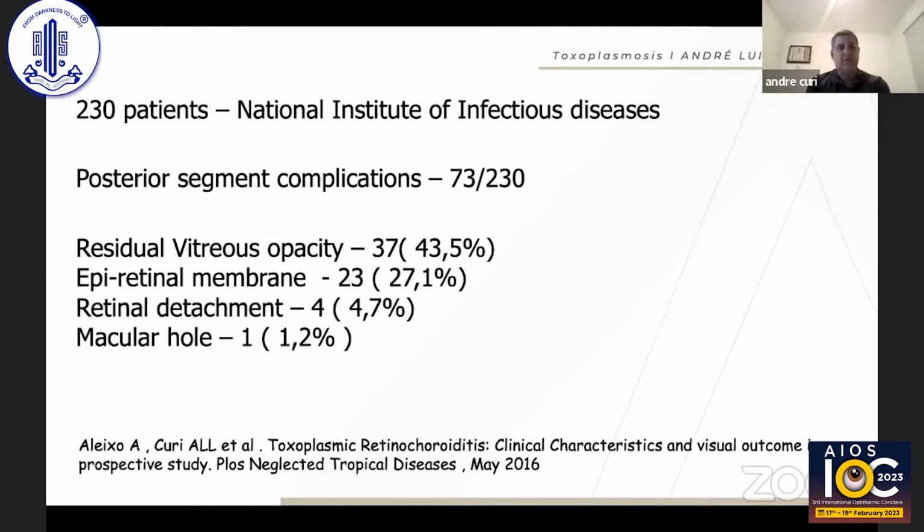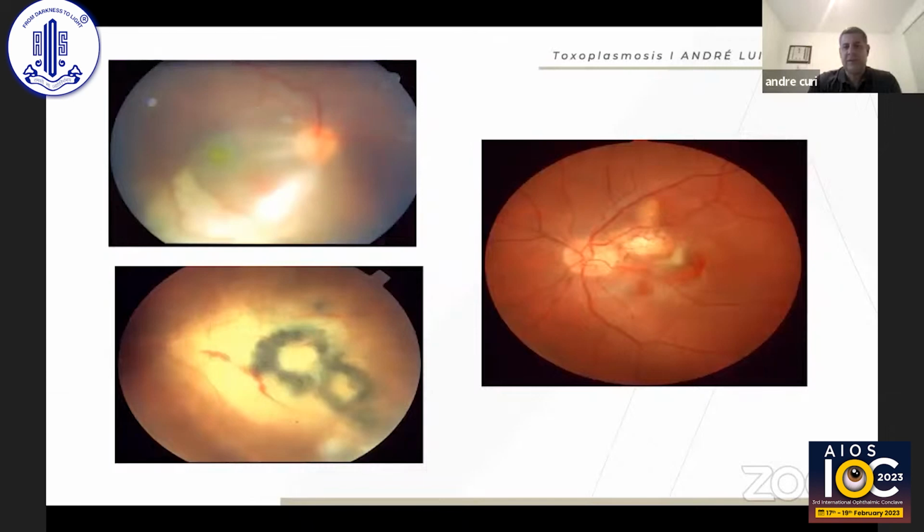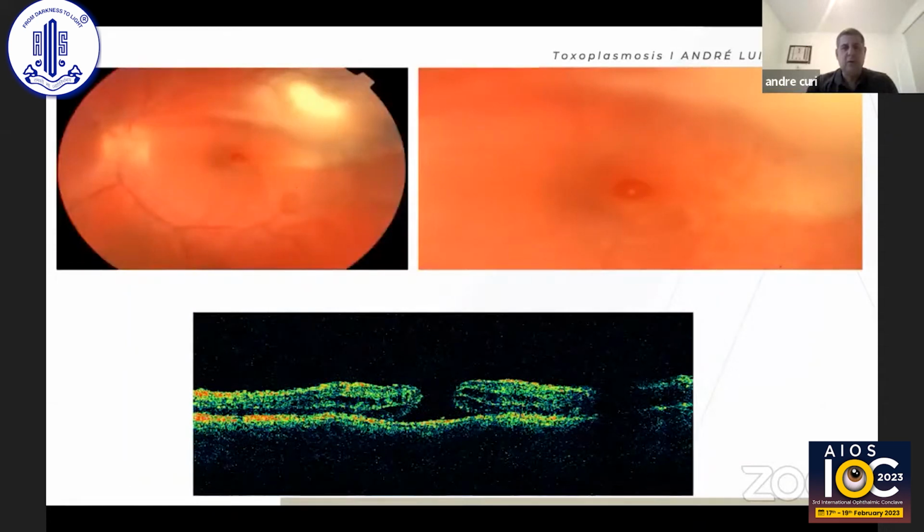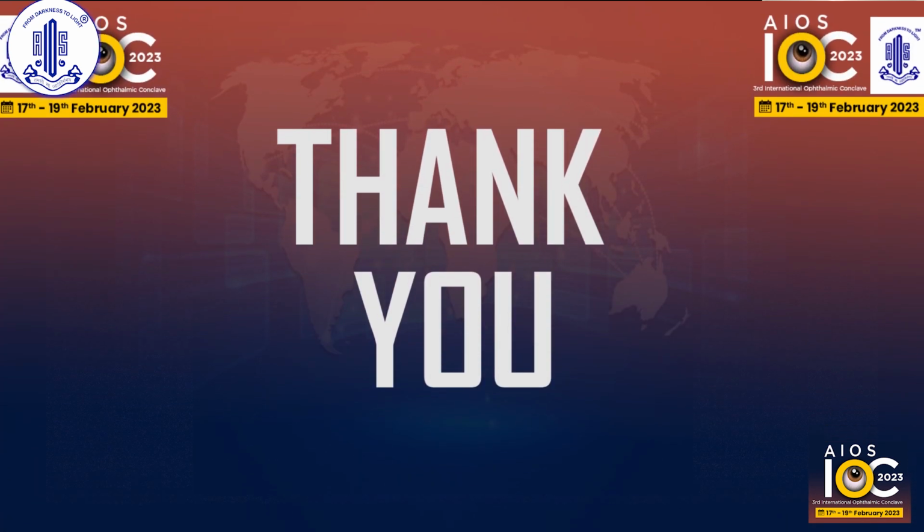And the most common, the residual vitreous opacity, and the majority of these patients need vitrectomy to clear the vitreous. Epiretinal membrane is quite common too. Retinal detachment and macular hole, these are more uncommon complications. So some examples of vascular occlusion and neovascular membrane and visual field defects. This patient was very unlucky to have this lesion just very close to the disc and causing this visual defect, and a macular hole with this vitreous stretching that led to this macular hole. You can see here, the lesion is not that close to the fovea, but because of the vitreous, the vision